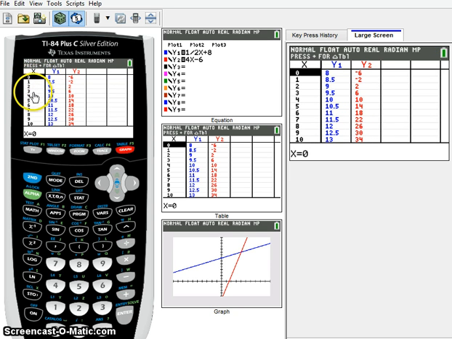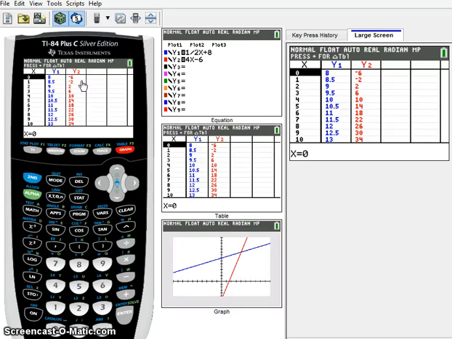0, 1, 2, 3, 4 along the x-axis, that's what we asked for. And the blue line, and we'll go back here in just a moment and look at that blue line, we have 0, 8, 1, 8.5, 2, 9, 3, 9.5, etc. And the red line, I'm looking over here at the x and then the red line values for y, and I see 0, -6, 1, -2, 2, 2,